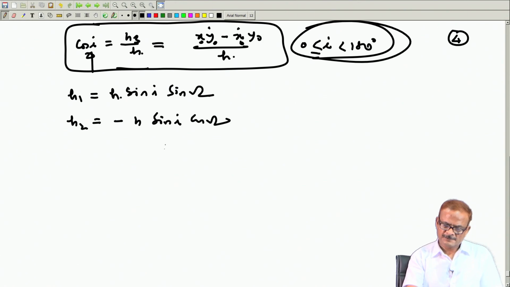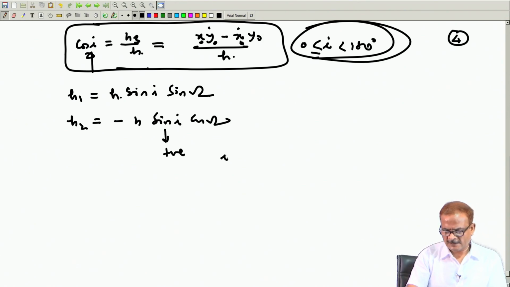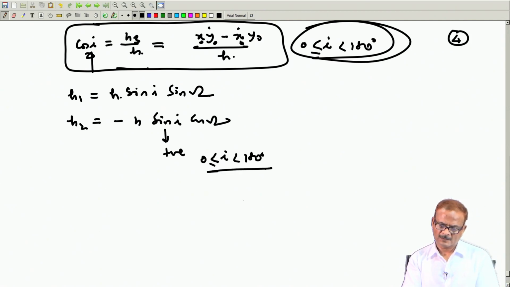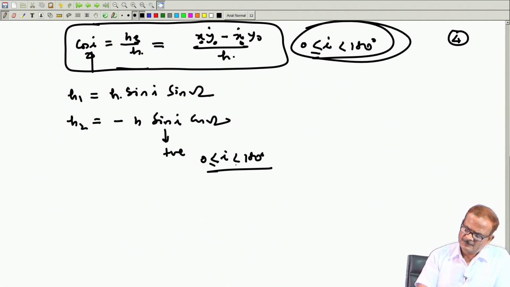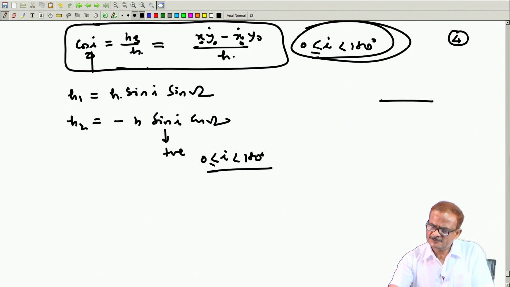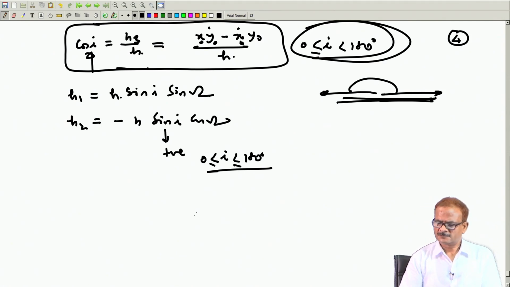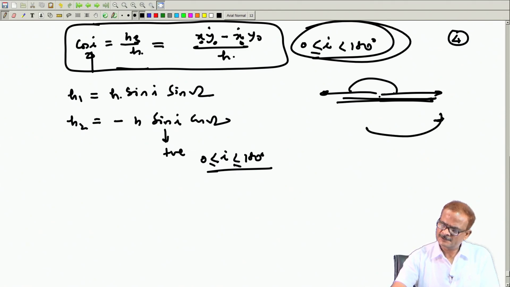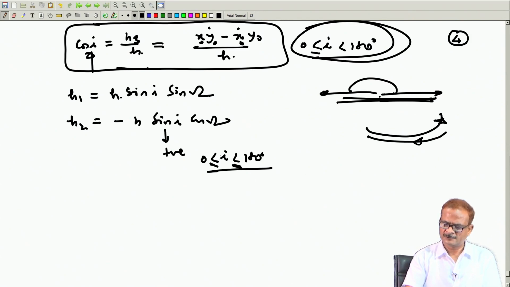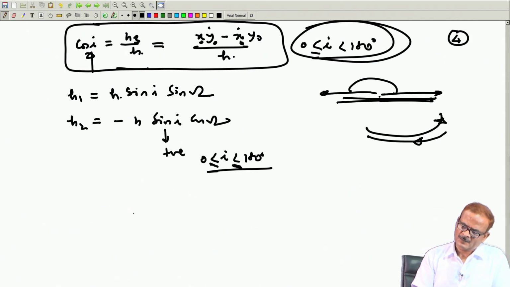Okay. Now, look here in this part. This part is always positive because I lies between 0 and 180 degree. We can see here 0 degree means your orbit is just lying along this direction, and 180 means it is just going in the opposite direction. So, we can put here also the equality sign, it is not a problem. In one case the satellite is going in this direction, in another case the satellite is coming in this direction. So, here equality sign is not a problem. So, it varies between 0 and 180 degree.